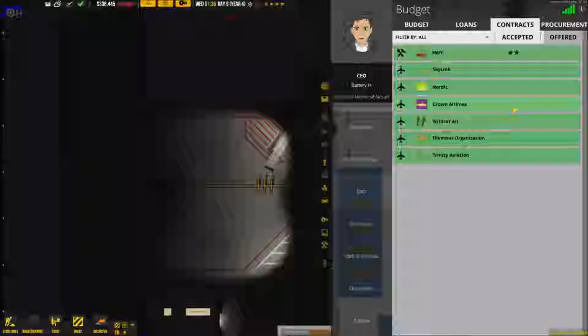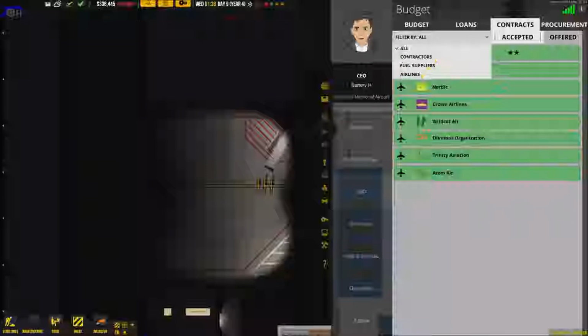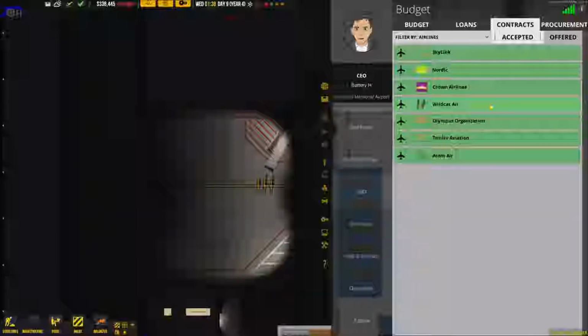As you can see, everything has been changed, and we can see that there are a whole new types of contracts. So we're going to filter by airlines, and we'll sign a master contract with them, and we will then sign some smaller, individual flights with them, so that these are our different airlines that we can sign. And let me see here. There should be...